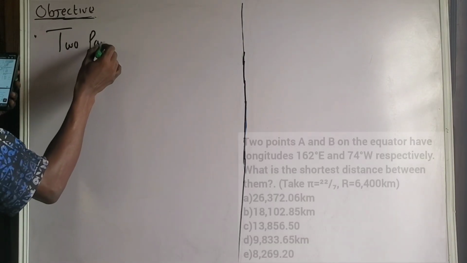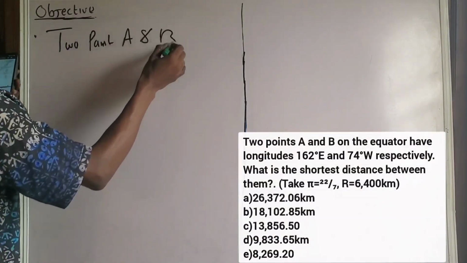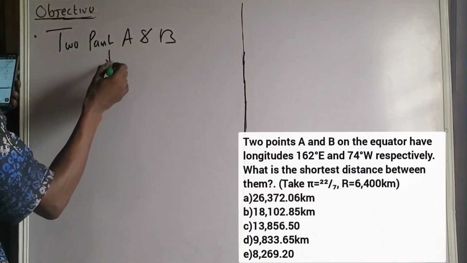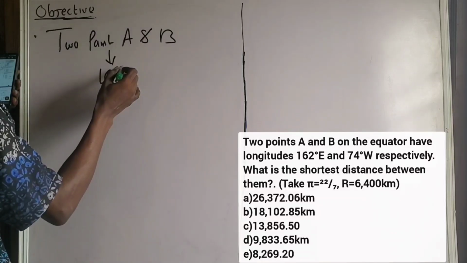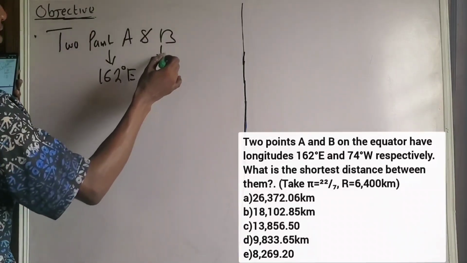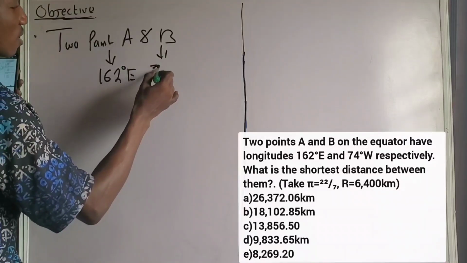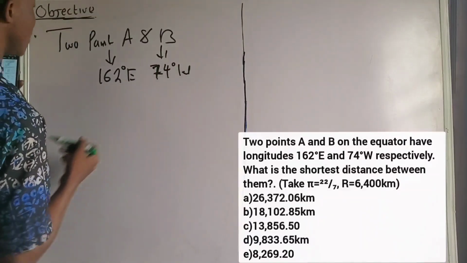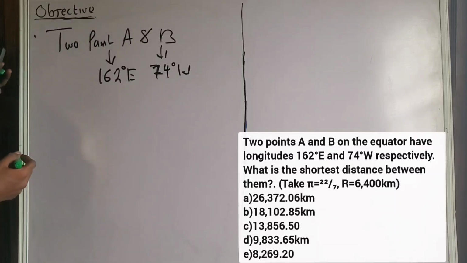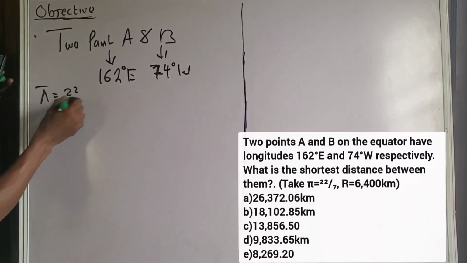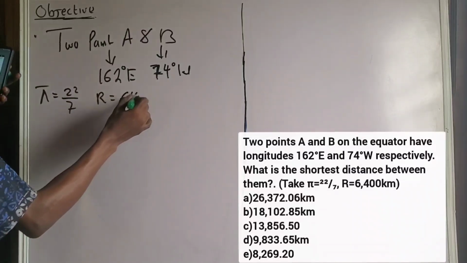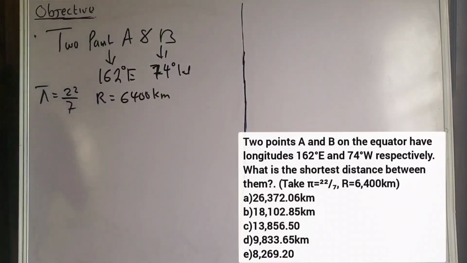Okay, two points A and B. The longitude of A is 162 degrees east, and that of B is 74 degrees west. Please pay attention. Now, if you want to calculate the shortest distance, R equals 6,400. The first step is that you have